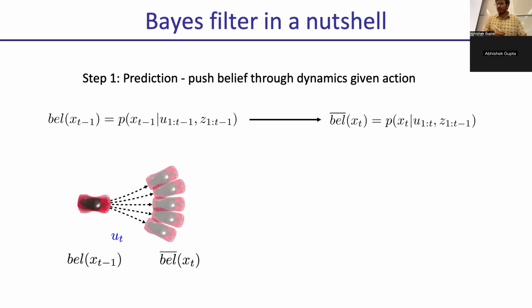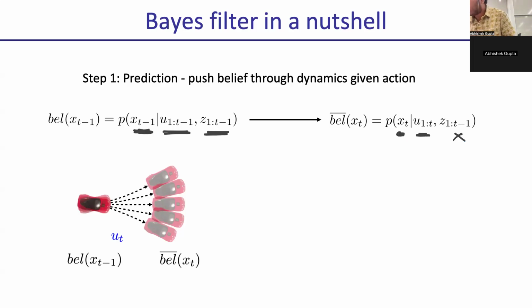If you think of the belief, you have to be a little careful on the indexing here, okay? The belief at x_{t-1} is the belief at x_{t-1} given evidence of actions from 1 to t-1 and measurements from 1 to t-1, right? It's going to t-1. And if you look at belief bar, you'll see that it's the belief over x_t, not x_{t-1}, incorporating one extra action, but no extra measurement, right?